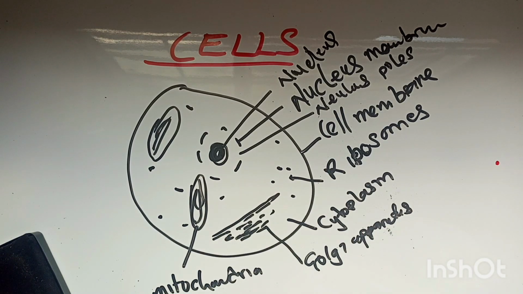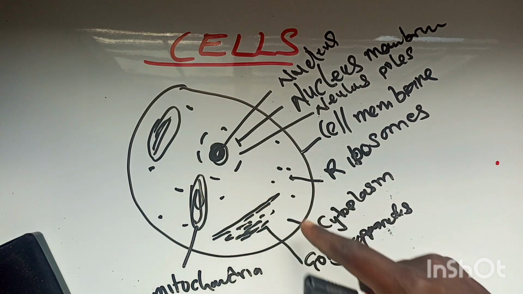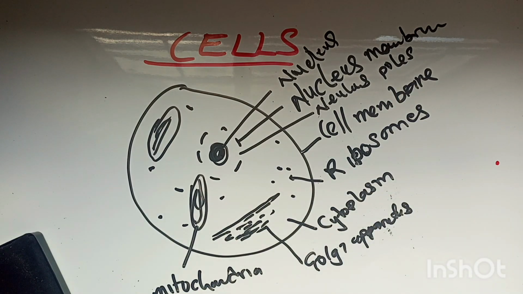So in the animal cell we have the cytoplasm, which I said is a gel-like substance inside the cell membrane. Here inside here it is the cytoplasm. From there we have the nucleus, which controls all the activities in the cell, where the DNA is found. Then we have the